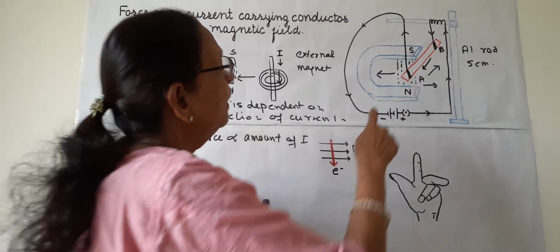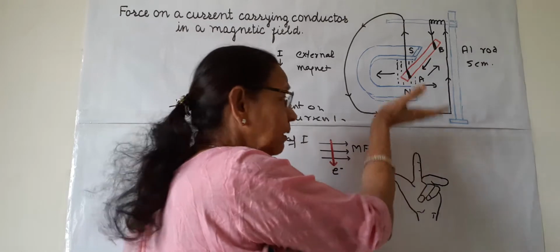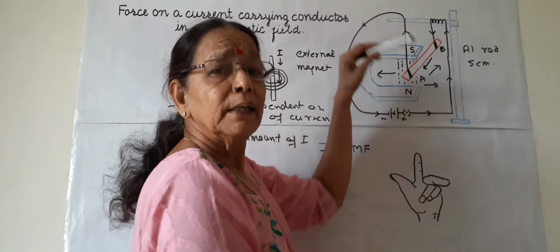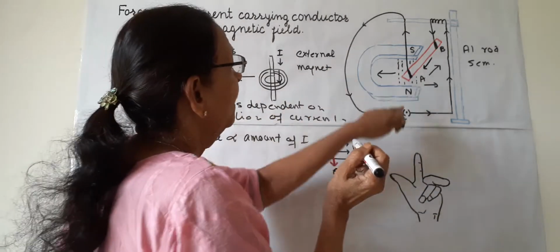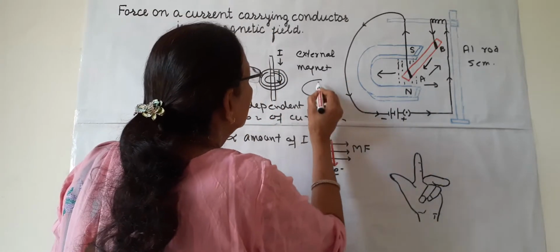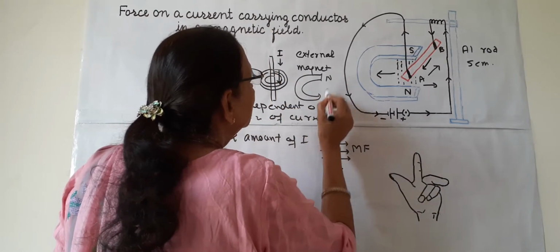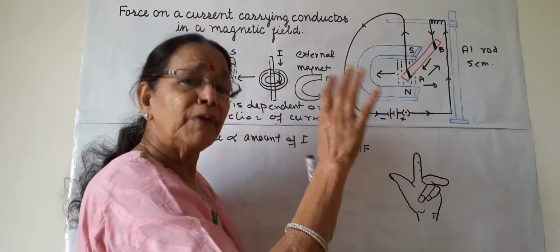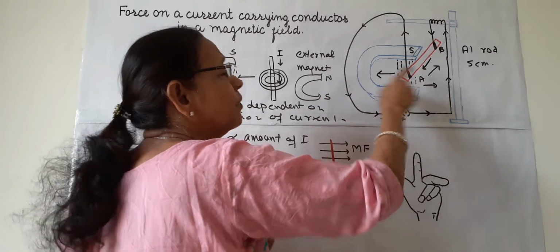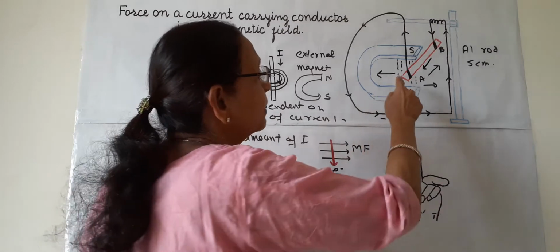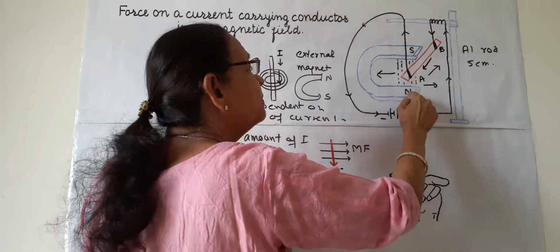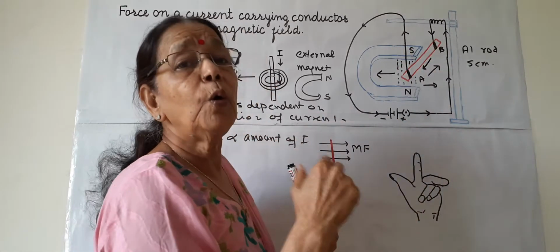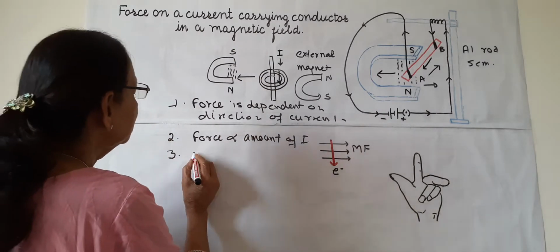Now one more. Here we are seeing that the North Pole is on the lower side and the South Pole is on the upper side. If we flip the sides of this magnet, suppose now we put the North Pole on the above side and the South Pole on the lower side, if these two poles are flipped, then also the direction of the force is flipped. The direction is changed. Suppose in this position it is going in, then if the position is reversed, it will go out. So the third point is force is